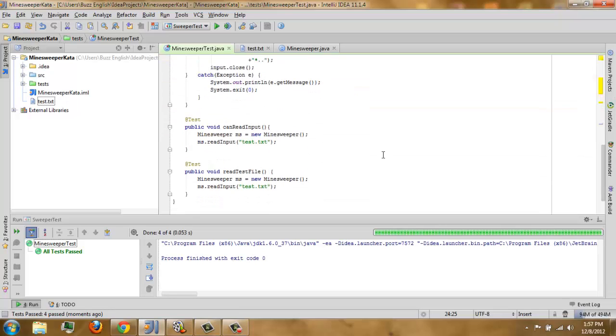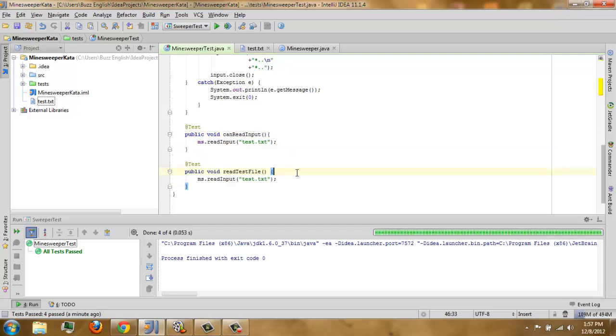We are also doubling it, so we can delete this. Both of these are duplicates.